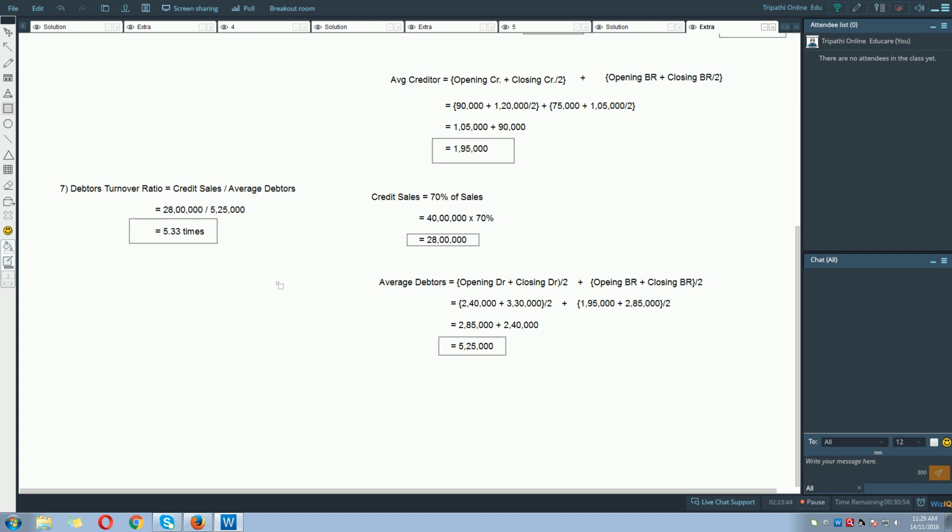So opening debtors is 2,40,000 plus closing debtors is 3,30,000 divided by 2 plus opening bills receivable